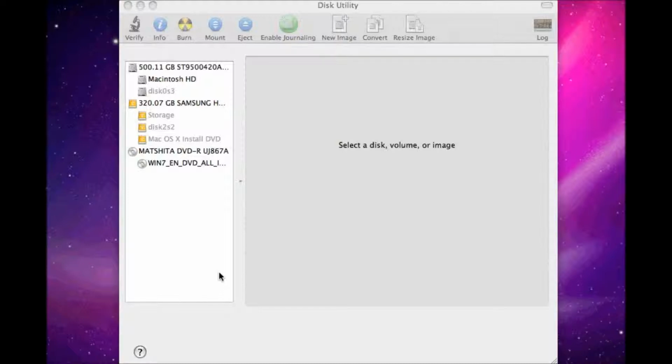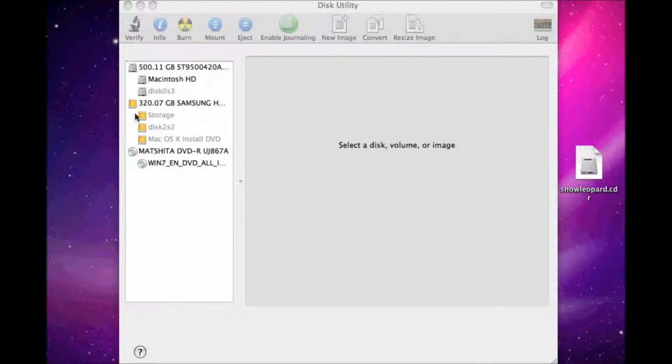Anyway, you're going to need a copy of Snow Leopard. You can either have the CD, which I don't, or you can have a downloaded copy, which I have a link for in the description if you don't have the copy. When you get the CD copy, it's going to look like Snow Leopard DMG. Mine is different because I converted it already. You're going to be converting the copies that you have already. If you have the CD, you're going to be converting it. If you don't have the CD and you have the downloaded copy I gave you, you're still going to be